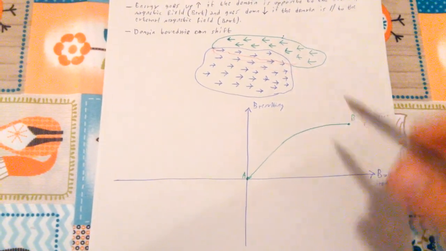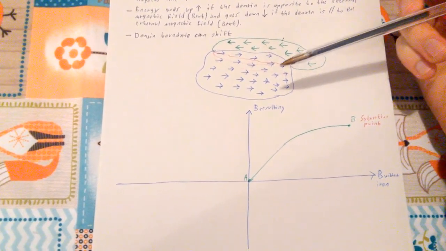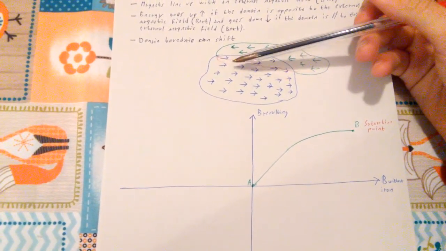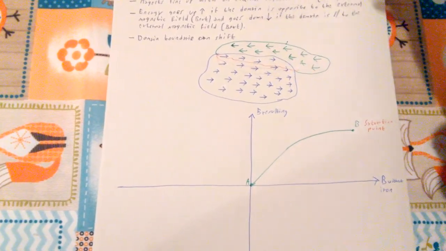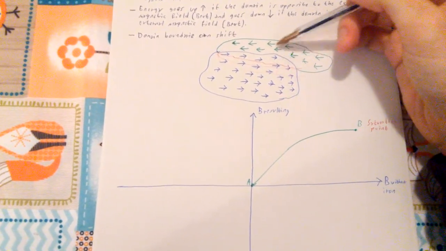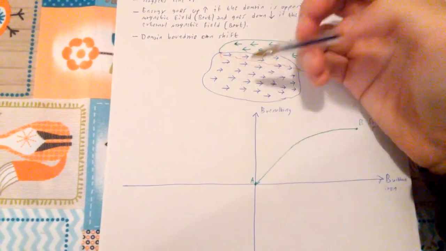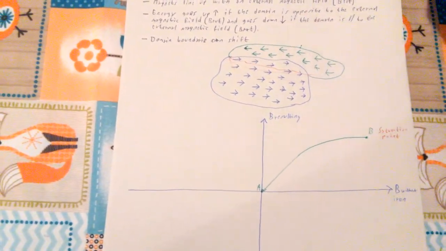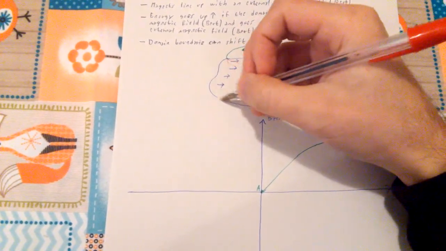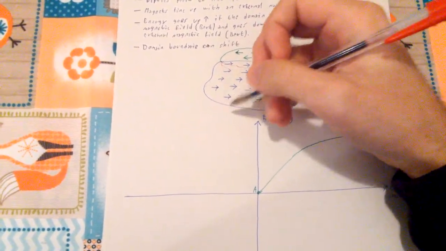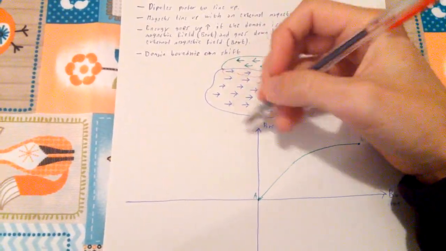Well, the saturation point is basically the point in which you cannot make the boundary of your domain shift any farther, because the external magnetic field has gained some territory, and again and again, and now it is here. You cannot gain any more territory because it has already conquered the whole other